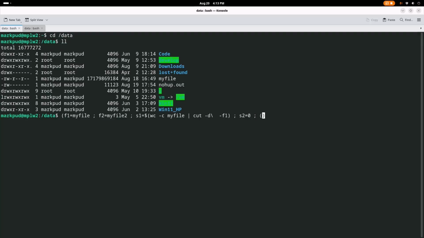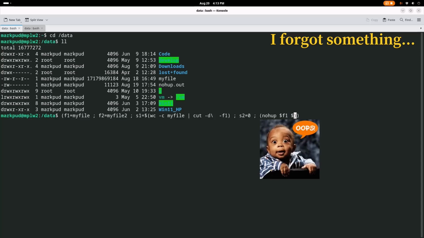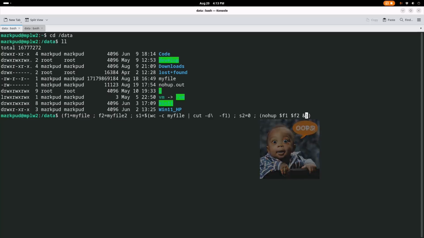And then we're going to go into a loop eventually. Before we do that, we're going to do a nohup and do a copy. Why are we doing this copy as a nohup background process started in another subshell? Well, that's so we can monitor the copy while it's running in background. So we kick off the copy in background, then we go into a loop